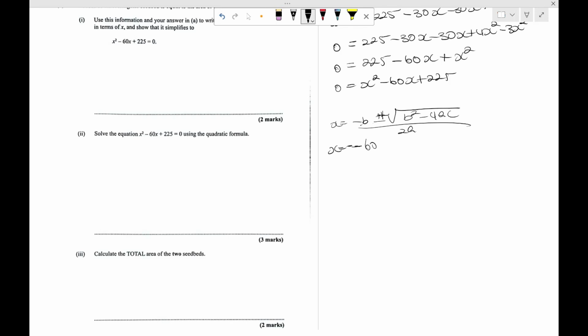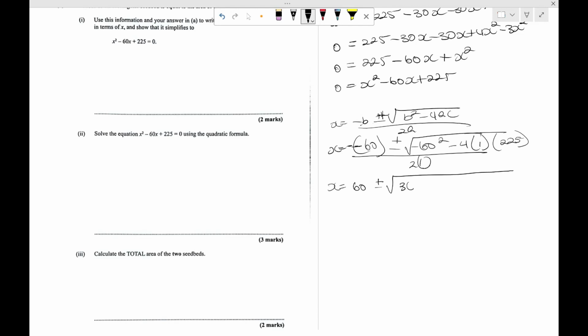So don't forget that. Minus minus 60 plus or minus the square root of B, which is minus 60 squared, minus 4 multiplied by A, which is 1, multiplied by C, which is 225, all over 2 by 1, because A is 1. Right, we continue simplifying. X is equal to a negative by negative will be positive. So this turns into positive 60 plus or minus the square root of 60 squared is 3600. Go to your calculator. Negative 4 by 225, that is 900